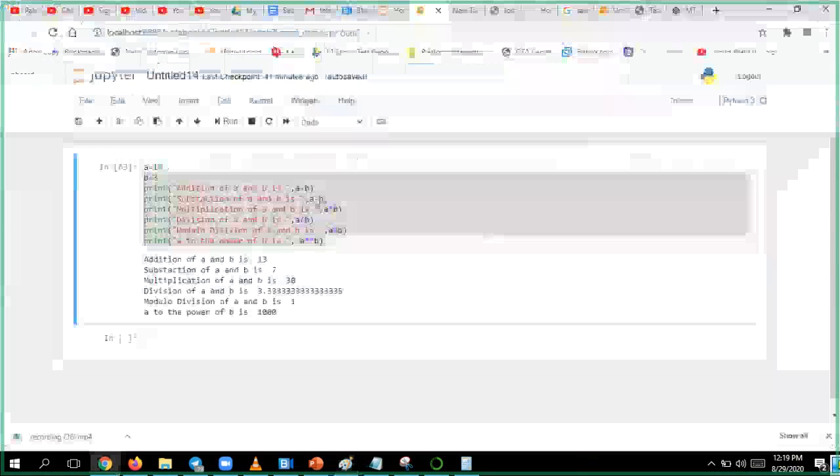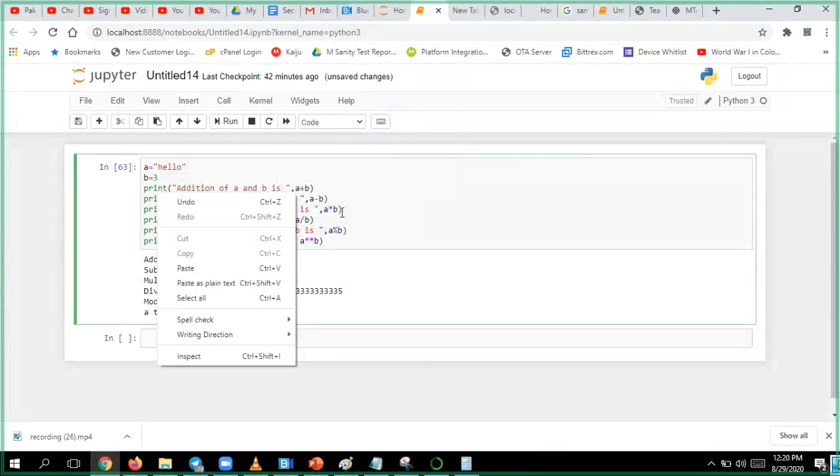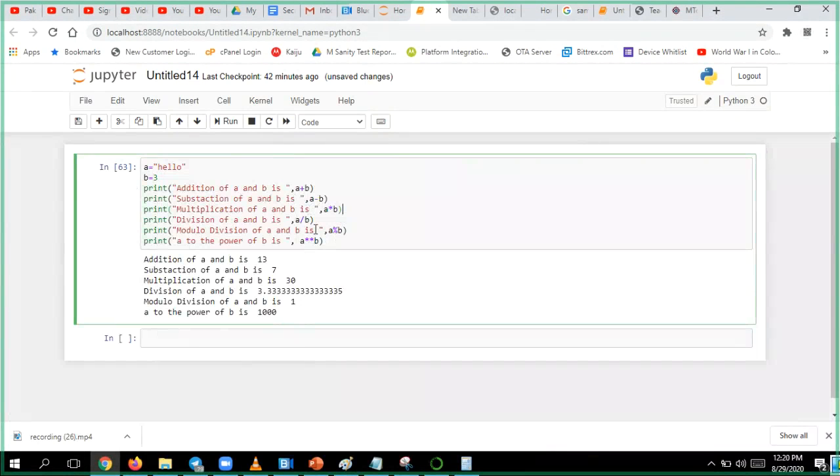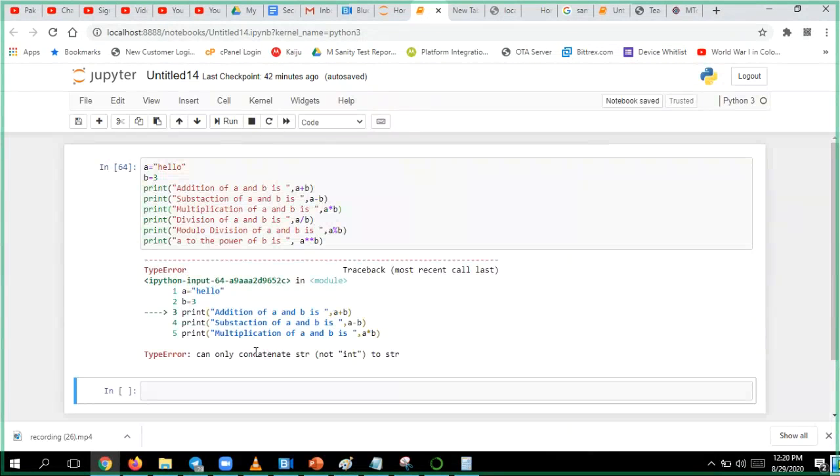One more thing I would like to give you as a heads up. It is important for us that we compare with different data types, whether it works or not. If I have some text and I try to add it with a number, or multiply or anything, when I run it, it will give me an error called cannot concatenate.